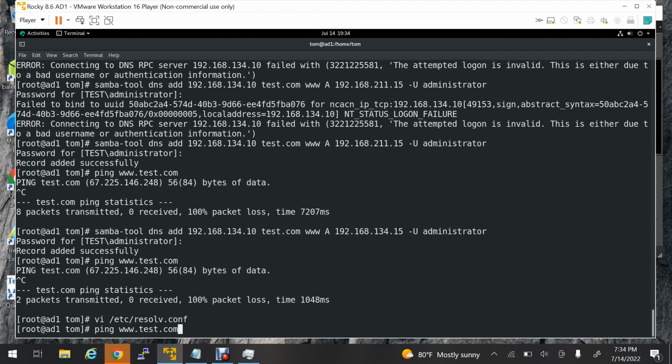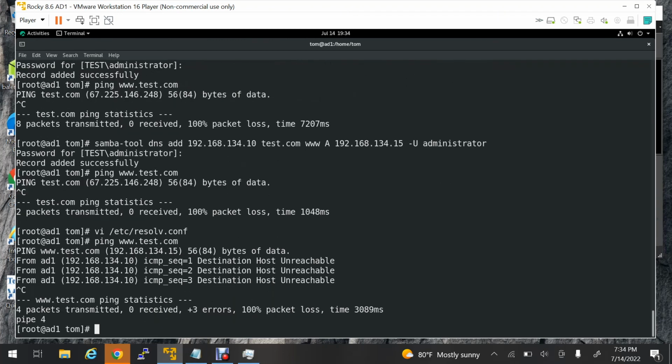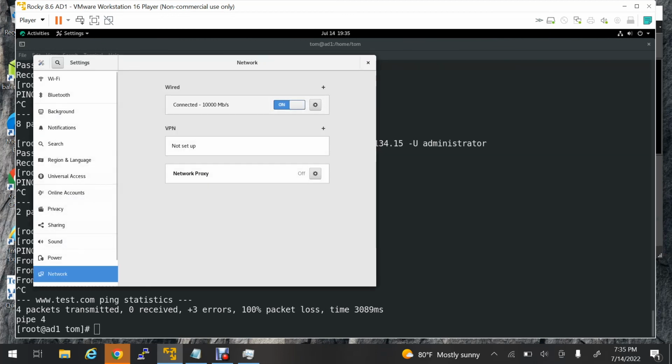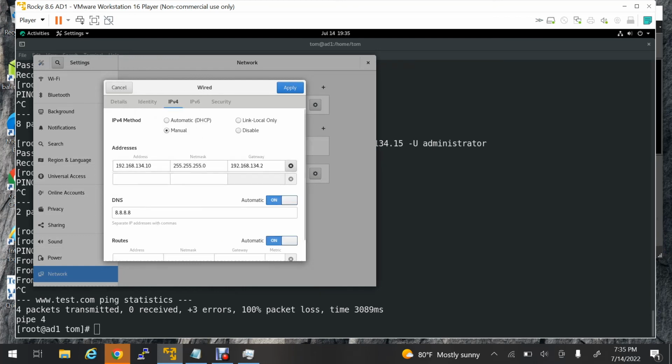Now let's try it. There we go. Now it's working. So somehow my resolv.conf changed back. I wonder, that could be when I rebooted. It went in there and picked this one back up. Because we changed the resolv.conf, but we did not change the configuration in our network, and it still has that there. So we probably need to change this right here to